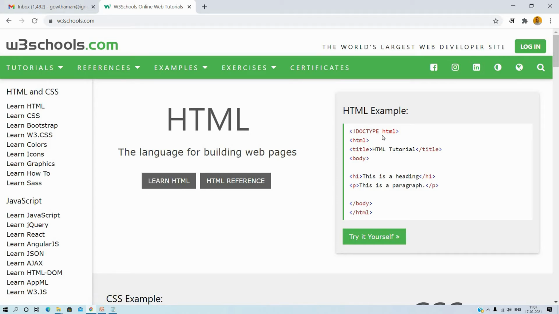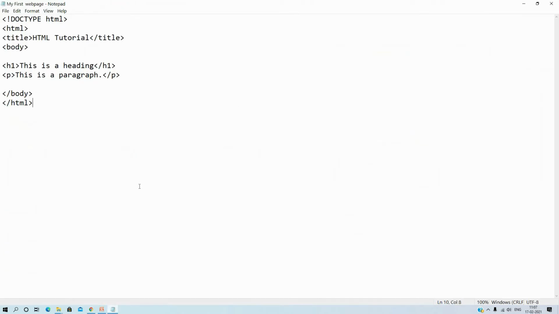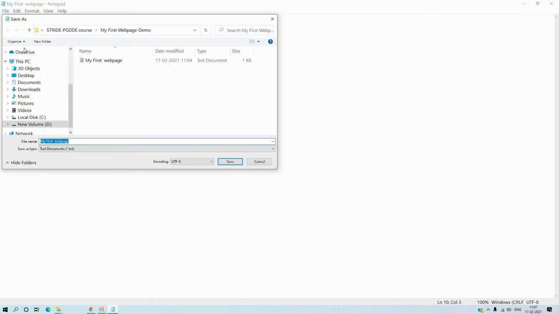on the first page, and simply copy that text. After copying that, open Notepad again and paste it. This is what I have done right now. Here you can change the titles and the paragraph text and save the file as. You have to note that it should be in HTML format for a web page. Then the file name should have the .html extension.